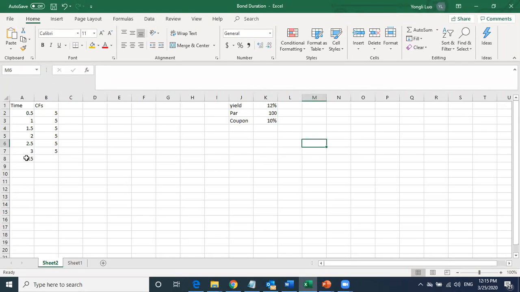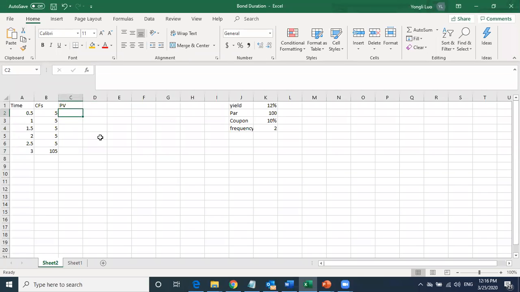Okay, so this is a 3-year coupon, and the pay frequency is 2. So this is semi-annually, so it's going to be 2. Okay, so we can see, this is the semi-annual coupon. The end of the year is 105. You'll receive your par value at the end of the period or at maturity. So what will be the present value of the cash flow?